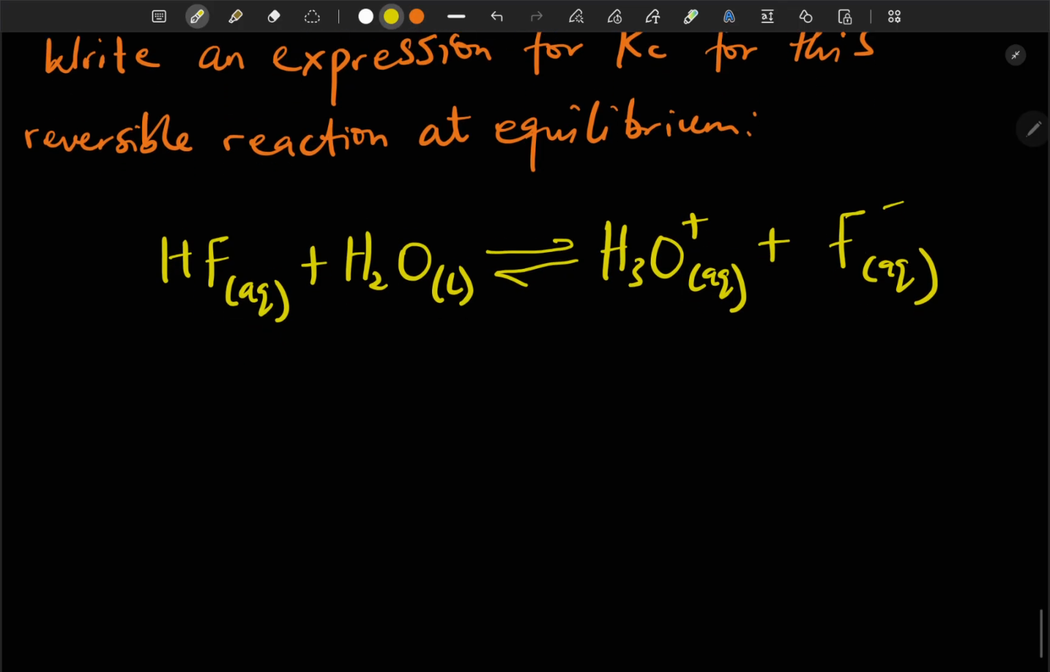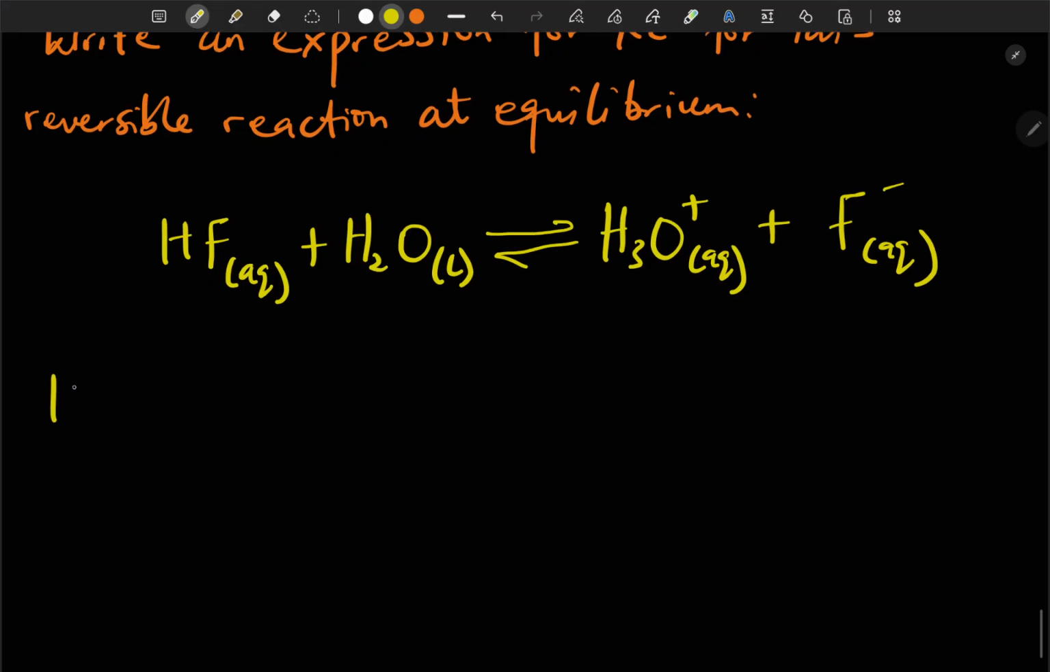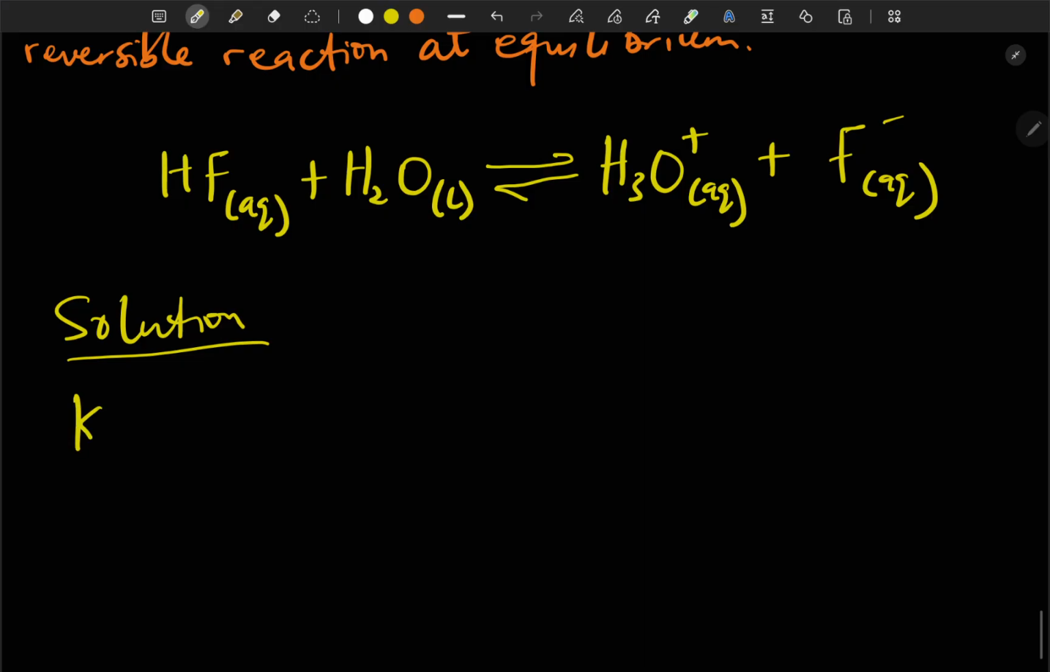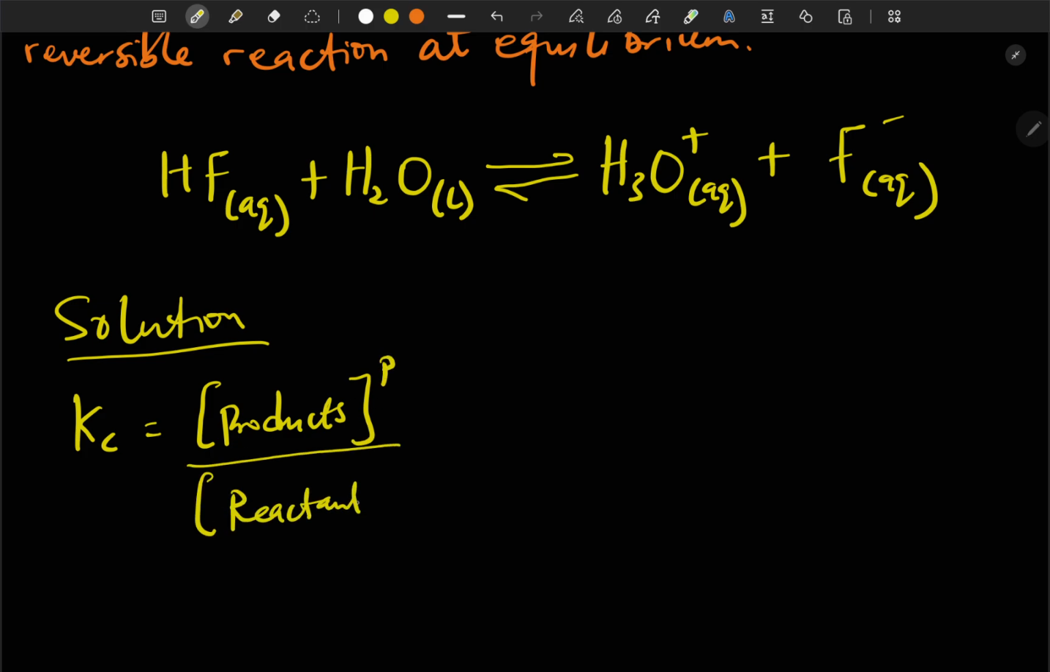So let's solve this. We know that to write Kc, the general formula is Kc is equal to concentration of product raised to the power of mole of product over concentration of reactant raised to the power of mole of reactant. So here, what are the products? We have 2 products. We have H3O+ and F-. So now we are going to have